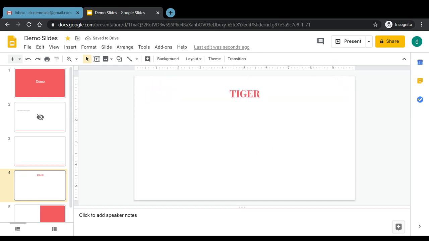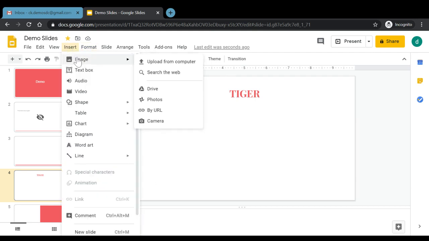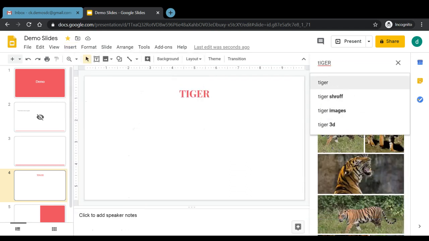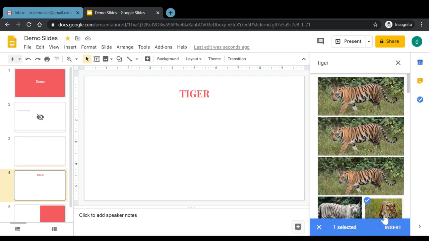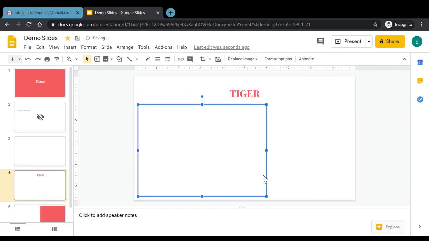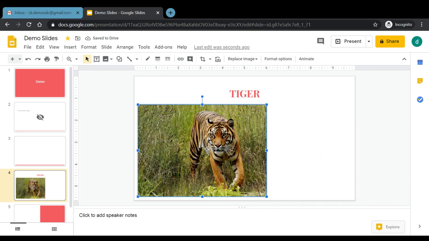The general steps that we follow for adding an image is either we search on the web by opening the Google search engine, or we use some image already saved on our computer systems or laptops. Google Slides provides us with an option where if we navigate through the Insert menu and click on Image, we can directly search the web. We do not have to open another tab. Since I had already searched for tiger, we can see the different images appearing here. We can select any image and just click on Insert, and the image would get inserted in the slide where we had started the search.